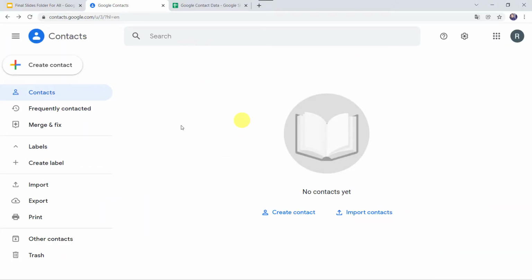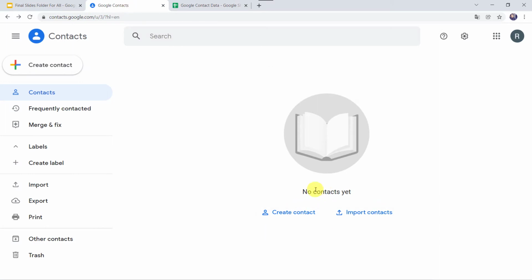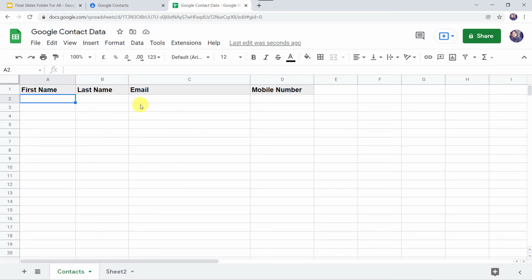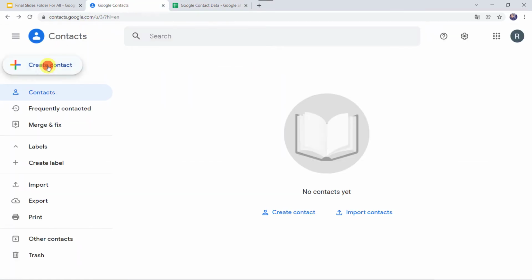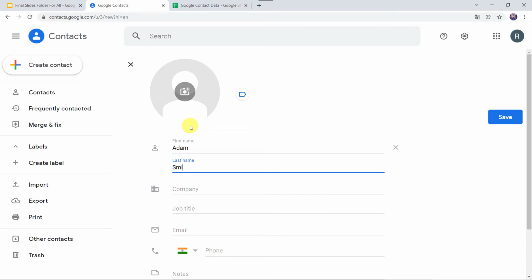So this is my Google Contacts and this is the Google Sheet which I have created. Now I want that whenever I create a new contact over here in my Google Contacts, automatically the same contact details should be added to this particular sheet. So I'll just create a contact over here by clicking on this plus sign, create a contact. Let us give the first name as Adam, last name as Smith.